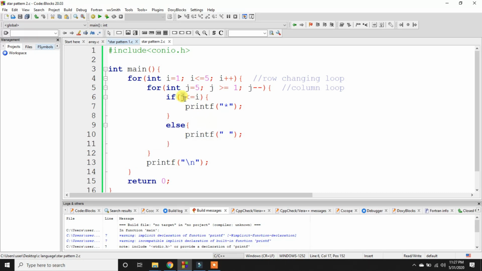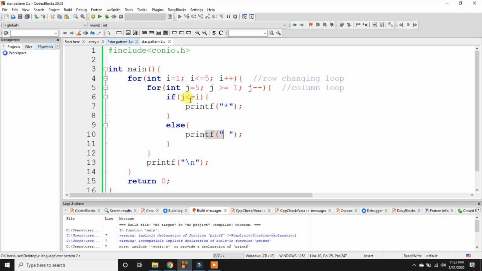Then j decreases to 4 and i is 2 again, the condition is still not satisfied, so it will print the space again. j becomes 3 and i is 2, the condition is still not satisfied, so it prints the space.